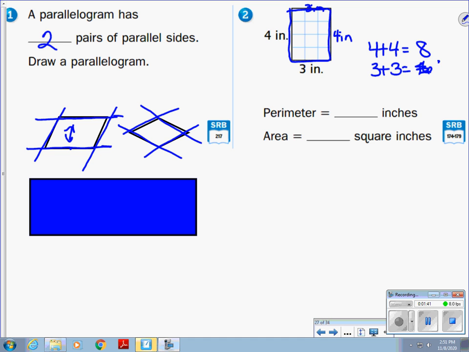Whoops, 6. And 8 plus 6 would equal 14. And that is inches. The area would be your length times your width, or you could count all of these